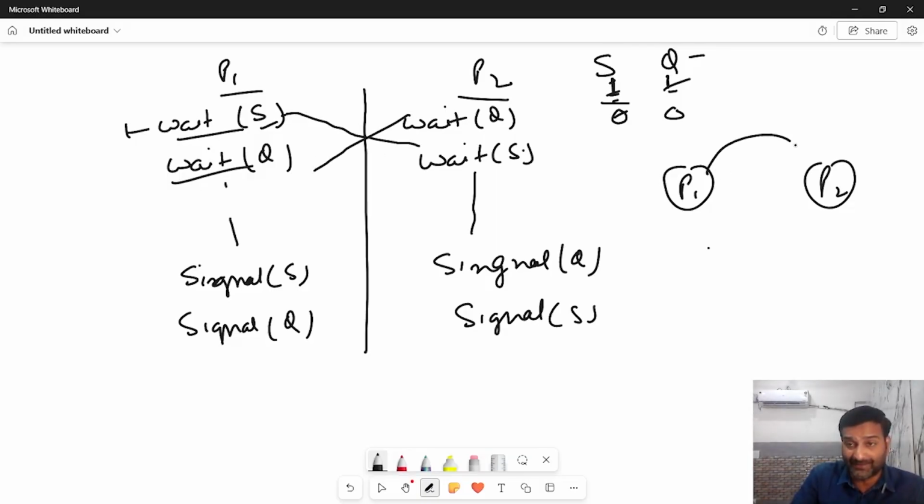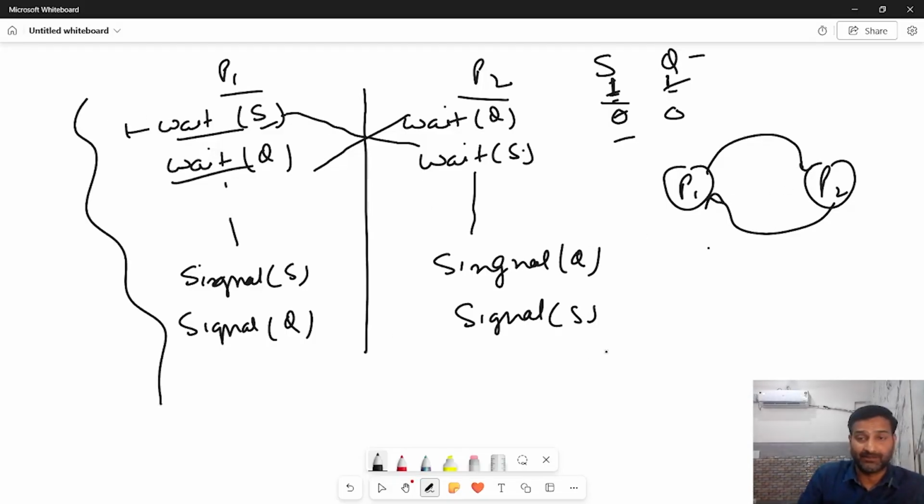P1 is waiting for P2 to release the resource, I mean to signal later on, and P2 is waiting for P1 to release the resource so that it can execute itself. So this situation is known as deadlock. I mean, no process is able to move, either P1 or P2. This is the explanation of deadlock in terms of synchronization,